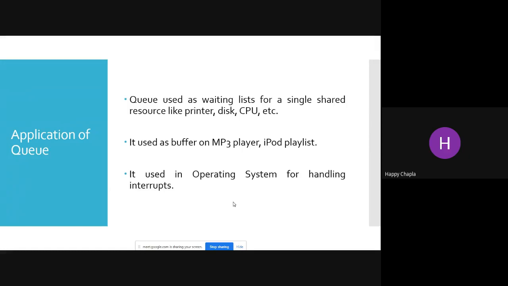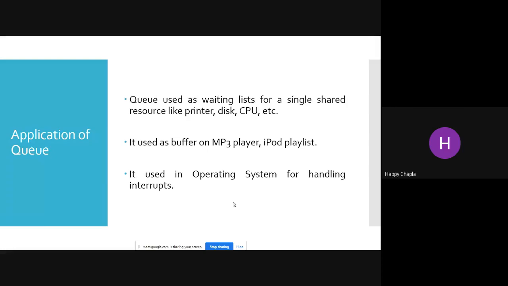Then third, I want to search something in Chrome, as well as copying from one folder to another folder, and some downloading process is there. So many processes we are doing at the same time, right? But how it works in your CPU, how it is stored in your disk, this is based upon the queue.